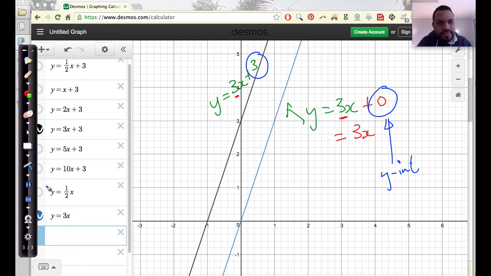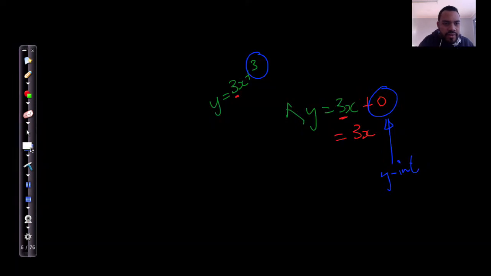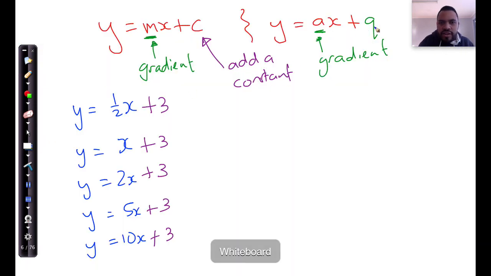So your observations for q, if we look over here, this constant represents a vertical shift. Before we go into the